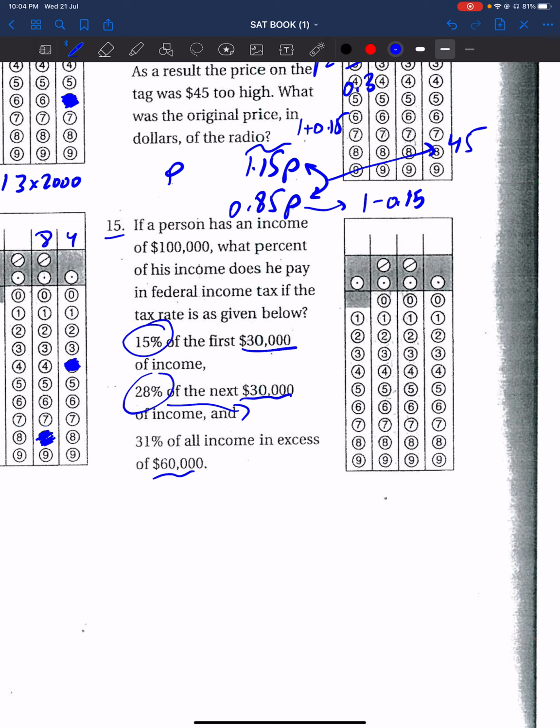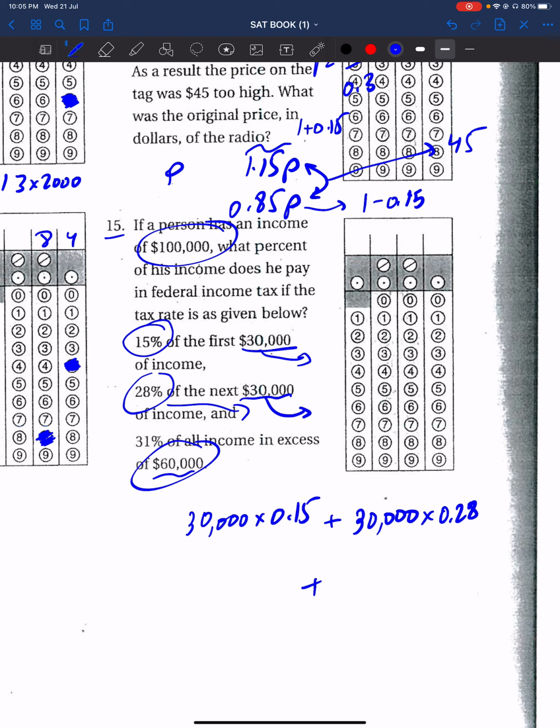So for the first 30,000 of the 100,000, he will pay 15%, which is 30,000 multiplied by 0.15, plus for the next 30,000, he would pay 28%, which is 0.28, plus for the last 40,000, which are above the 60,000, he would pay 31%, which is times 0.31, and your answer here would be, let me calculate that,